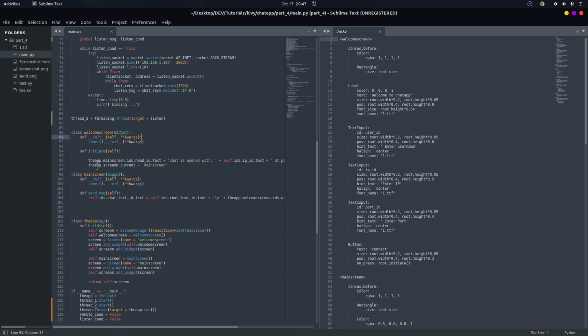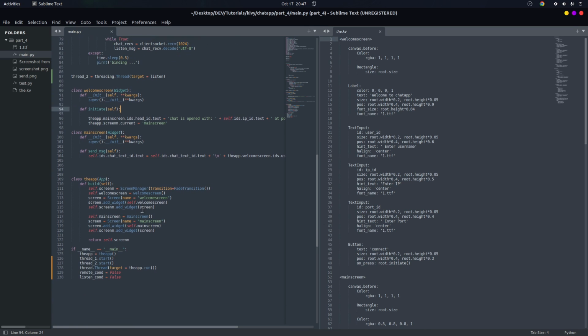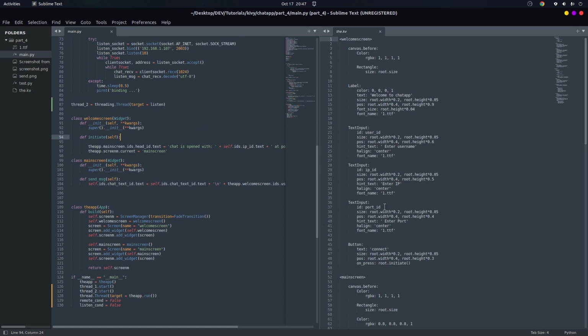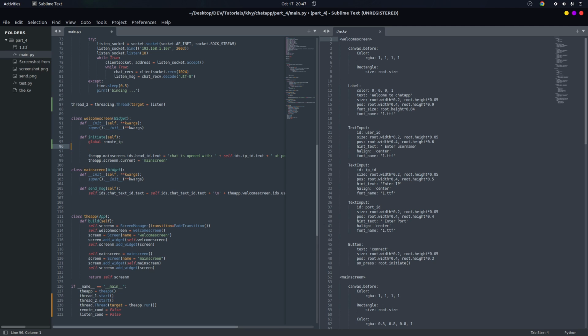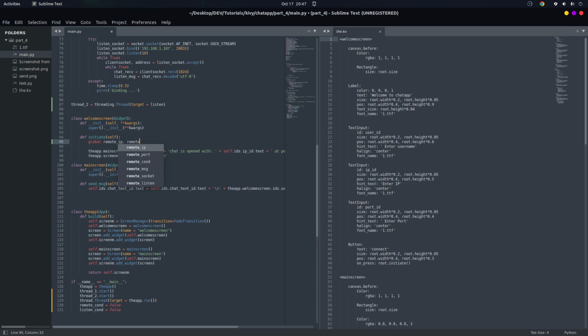In here, after that we initiate. Actually, in our welcome screen, we have this text input. We have an IP ID and a port ID. So in here, we have to do this. So global, let's say remote, not message. First, let's say remote port, remote IP, and also let's pass in remote port this way. Okay,